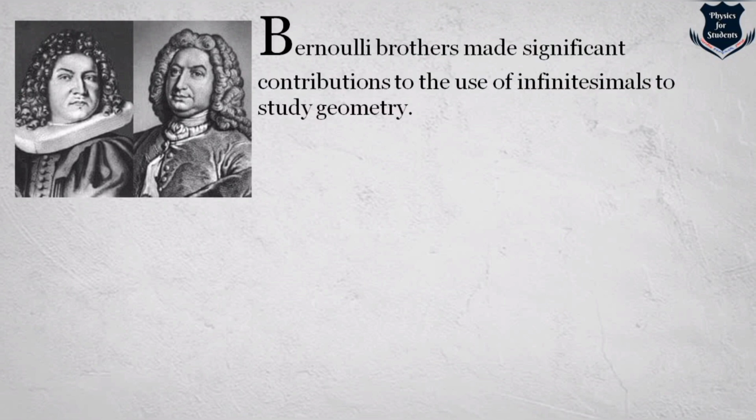They were the three most influential experts in the academic community, yet they were very hostile to each other in terms of competition. They belonged to a prosperous family of traders and scholars from the city of Basel in Switzerland. Although Jacob and Johann developed a rather jealous nature toward each other, they maintained a very competitive relationship. The family, originally from Holland with a strong Calvinist religion, came to Switzerland, and the Bernoulli brothers made a significant contribution to the use of infinitesimals to study geometry.